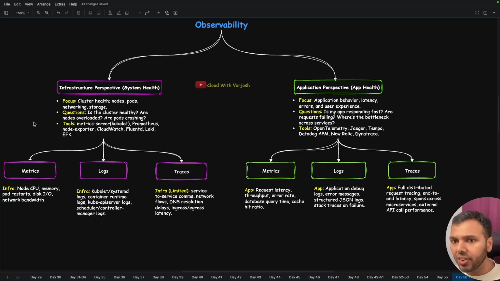So have you configured these things to ensure that the infrastructure is behaving as expected? This comes under the infrastructure perspective. Now let's contrast this with the application perspective, and after that we will discuss what tools are available at your disposal to troubleshoot these problems. In the application perspective, the focus will be on the application behavior, the latency, the error, the user